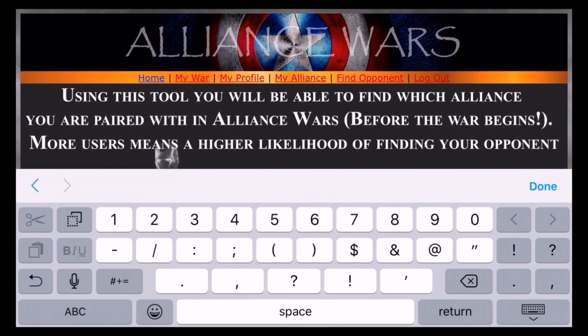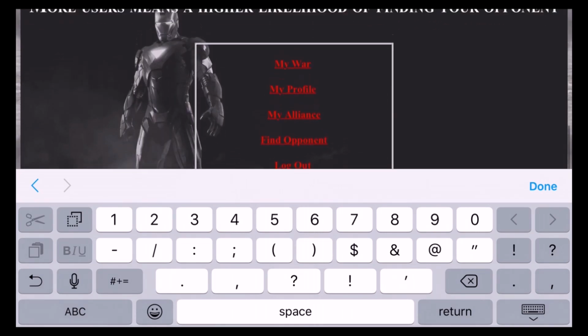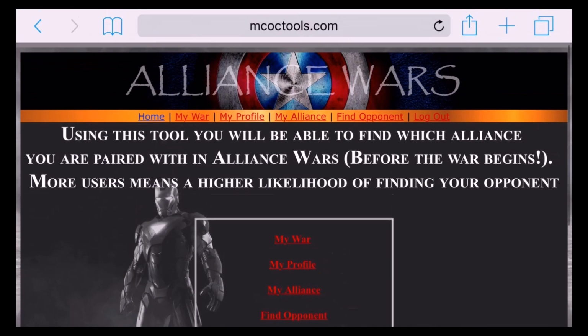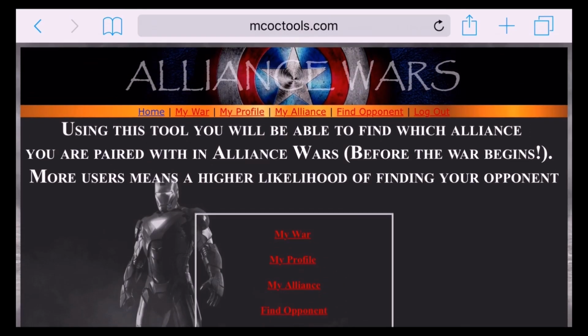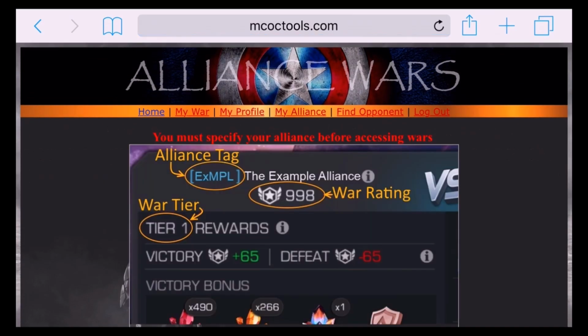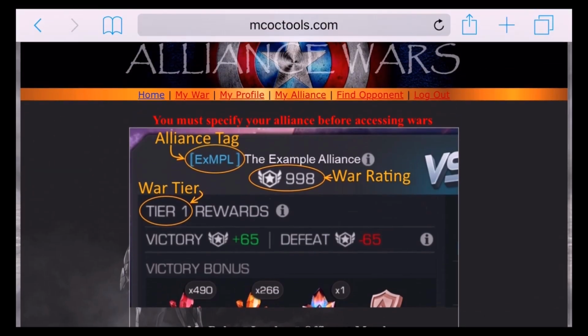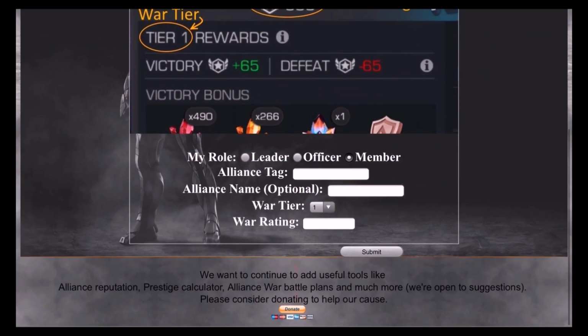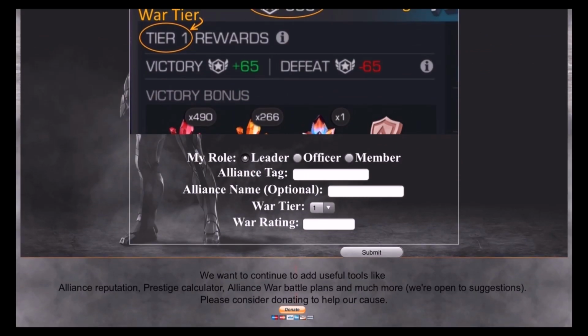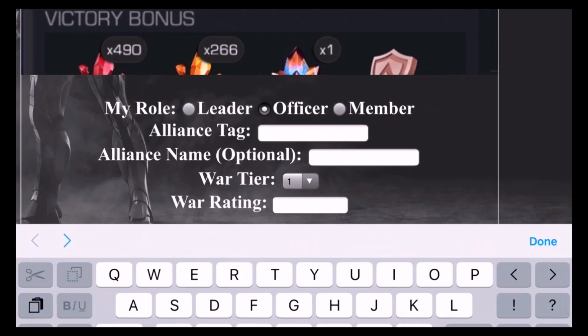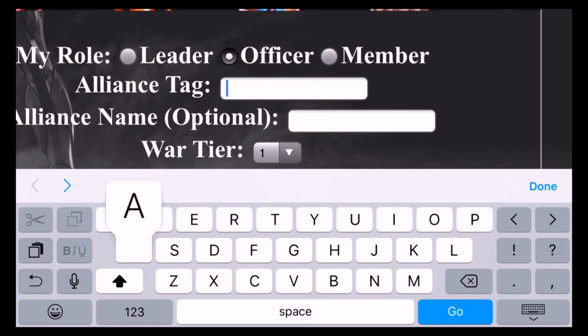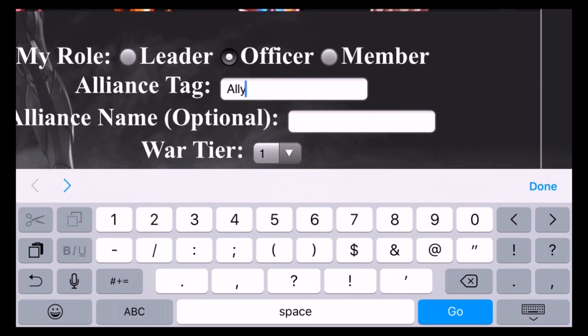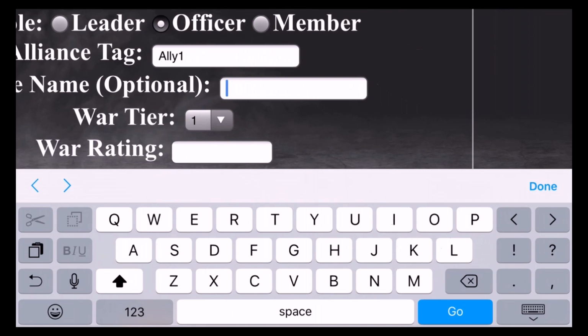Alright, so here is my main page, and to start off with I need to be able to associate myself with an alliance, and that's before I can find my opponents, before I can see my wars. So we'll say that I'm actually an officer of this alliance, and this will just be ally 1,